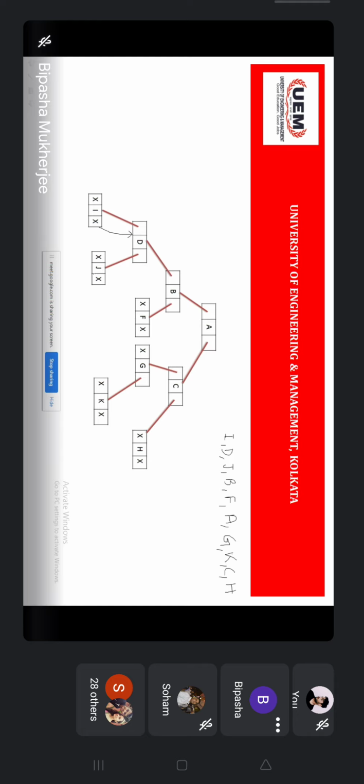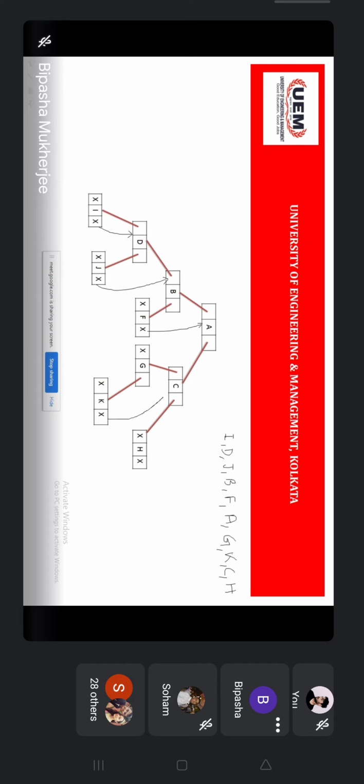Okay. For the J, who is the in order successor? B. Okay. For the F, for right pointer of F, who is the in order successor? A. For the G, okay, no. For G, nothing to think because the right pointer is in use. For the K, right pointer, yes, right pointer is not used.